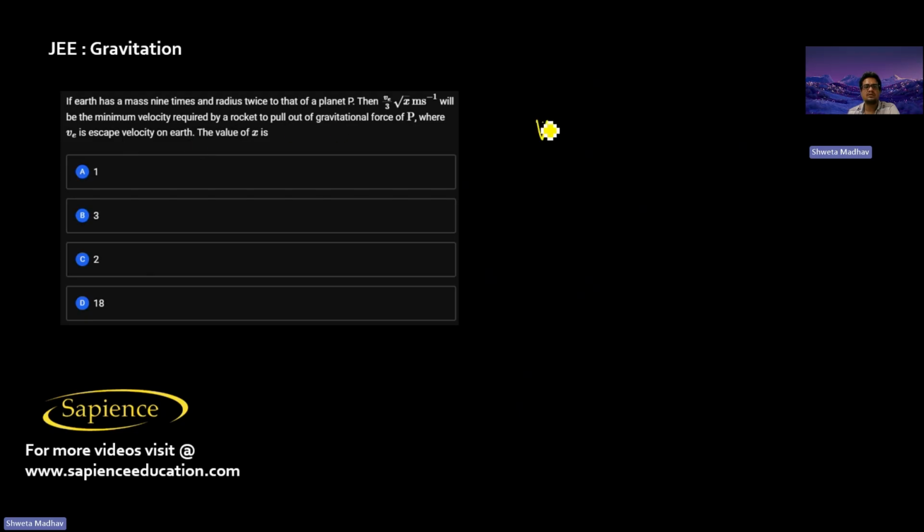So it means the Earth's mass is 9 times the mass of that planet, and the radius of the Earth is twice the radius of that planet. So the mass of the planet is equal to the mass of the Earth divided by 9, and the radius of the planet is the radius of the Earth divided by 2. So now